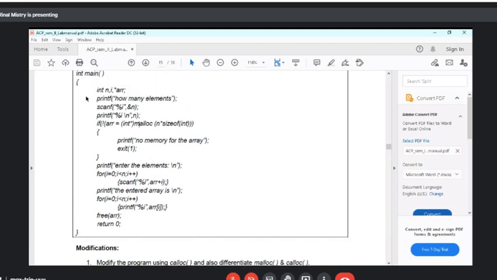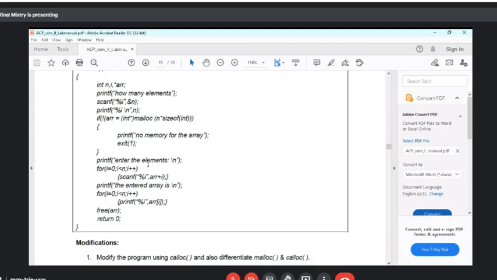in the results, because what is finally going to be displayed in the result? Only this statement, how many elements, that is n. These things have no effect from the malloc function or calloc function.